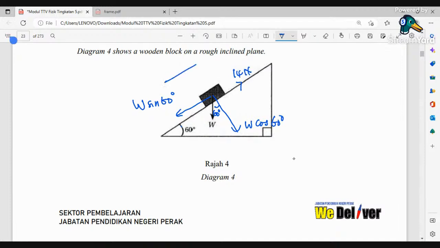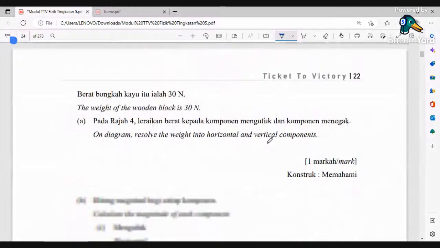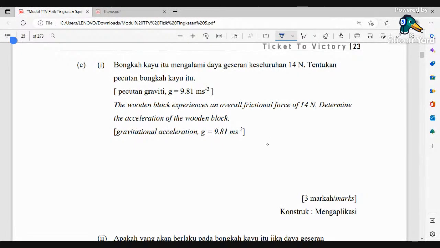Okay, it will move down. Because we have W sin 60 is about 26 Newton. So it's greater than the friction, it will slide down. Acceleration. So using the component parallel to the plane, we get